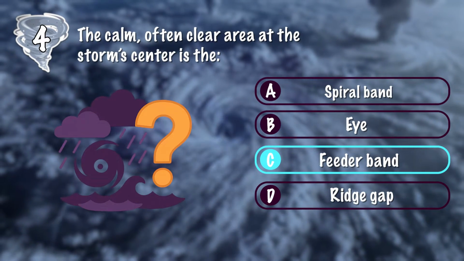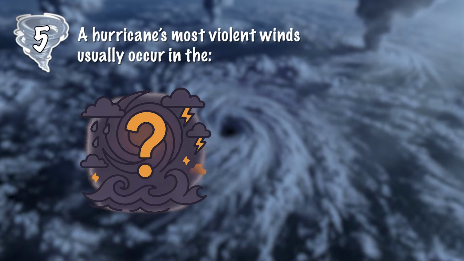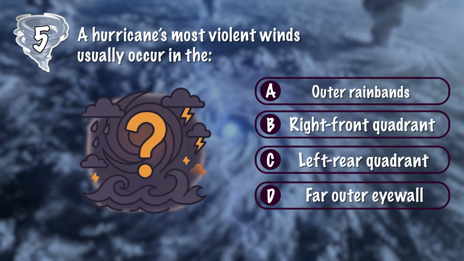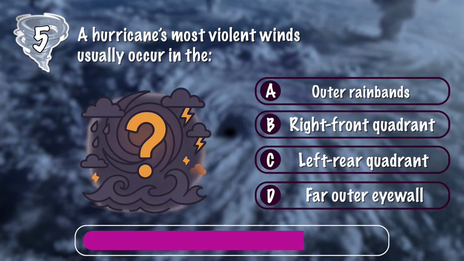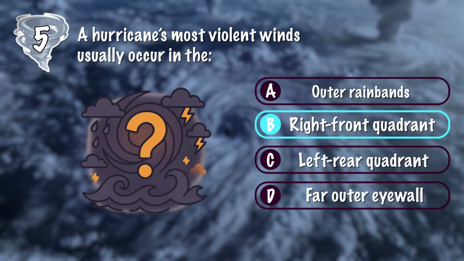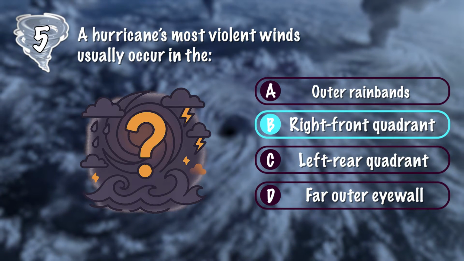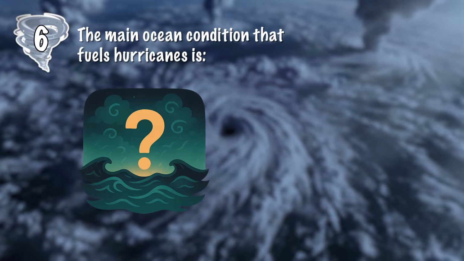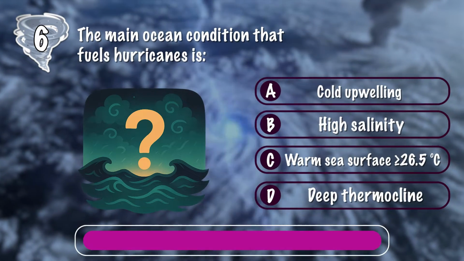correct answer C, eye. A hurricane's most violent winds usually occur in the correct answer B, right front quadrant, northern hemisphere. The main ocean condition that fuels hurricanes is